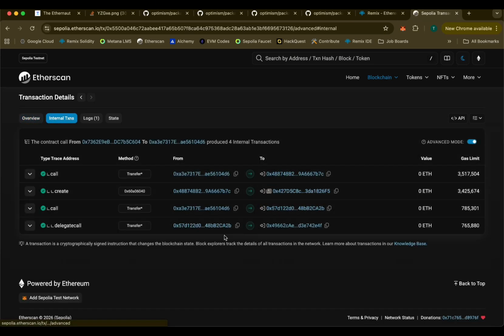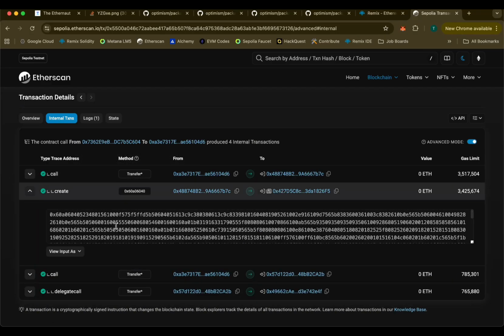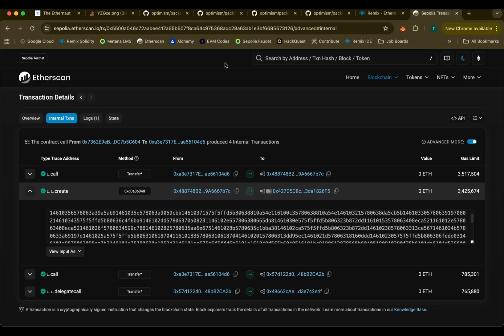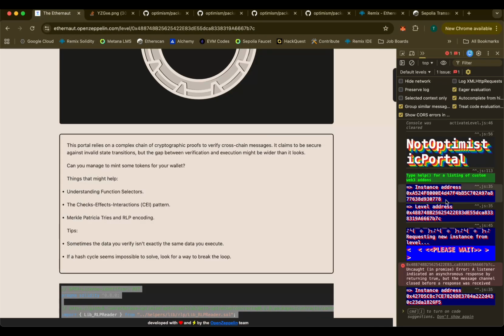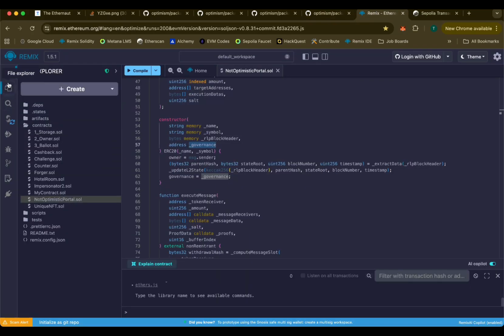And as usual, advanced mode. And here I need to do a little bit of research. Or not research, but I need to basically find it. And in particular, here, let us see. So this constructor receives a governance address. So let me just actually see what the governance address is by deploying this particular